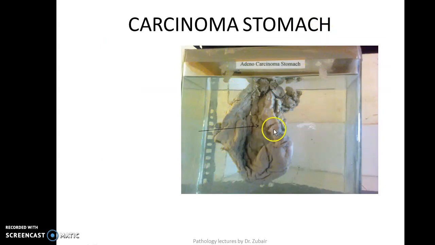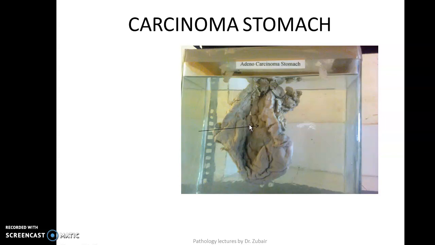Next we have a specimen of carcinoma of stomach. So you straight away should not say that. You will say this is a specimen of gastrectomy. You find ulceroproliferative growth here. Now what is the classical description for ulceroproliferative tumor of stomach? Or I rephrase my question: what is the difference between a benign ulcer and a malignant ulcer in stomach?